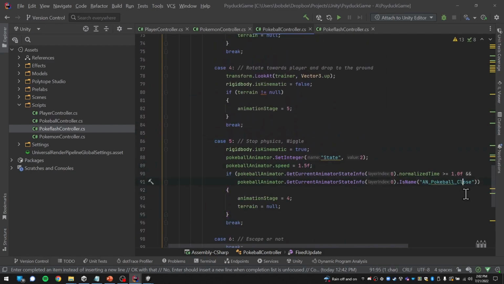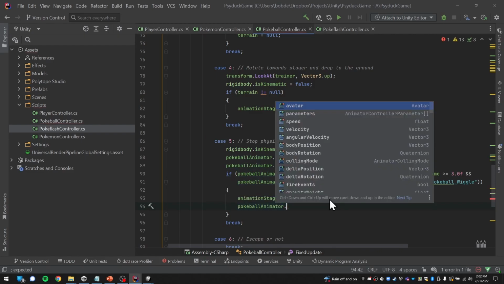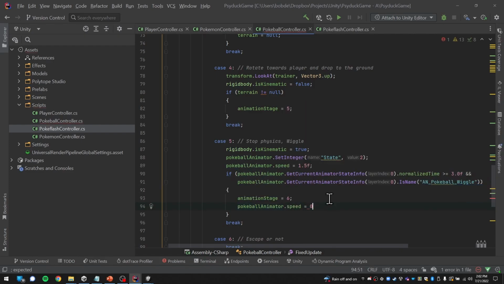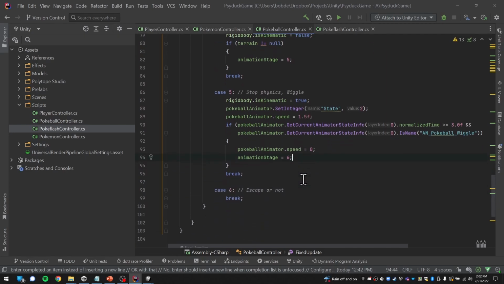So here, what we want is we want wiggle to move on, and we want 3 loops. And after 3 loops, we're going to the final stage. And yeah, I think we don't need to do anything with the terrain anymore. That'd be kind of silly. And when we go to the final stage, we want to stop the wiggling. So it probably would be a good time here already to stop the wiggling. So let's do that. And actually, I like to put the animation stage move at the very end. Not that that really matters because this all happens in the same frame anyway, but it's helpful for my